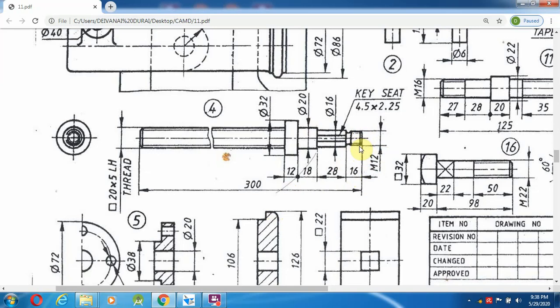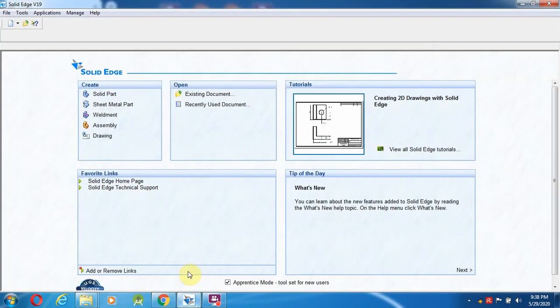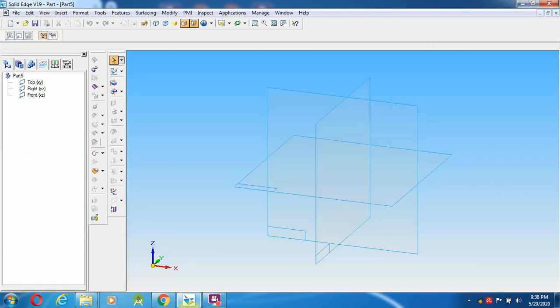Initially the threaded portion comes up to a certain part, then the remaining things have to be created over here. For this, go over here, select a solid part.